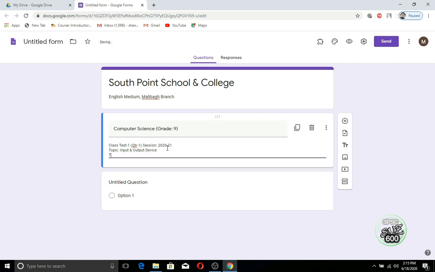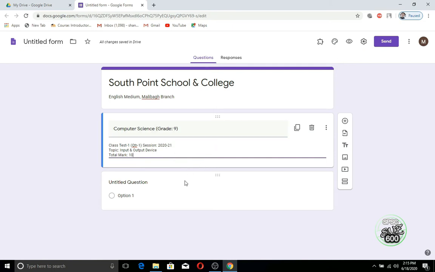I'm adding total marks. So you can write more instructions by pressing enter and adding more lines here. So I have created the heading part of the question.